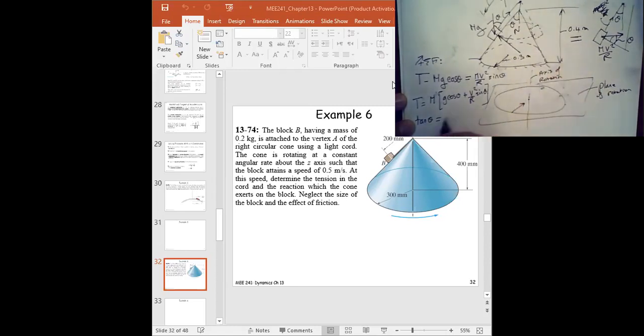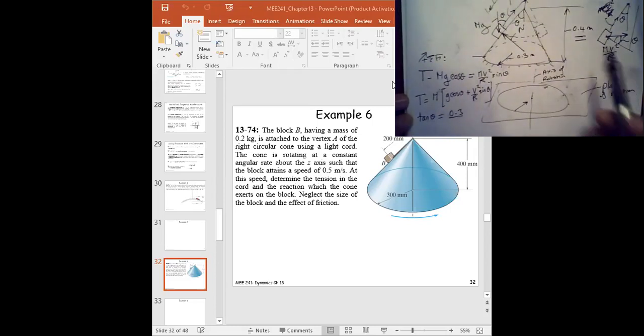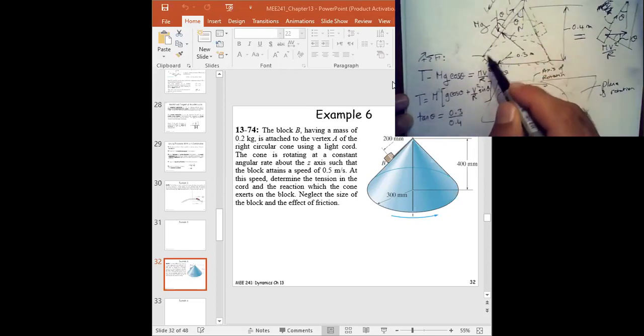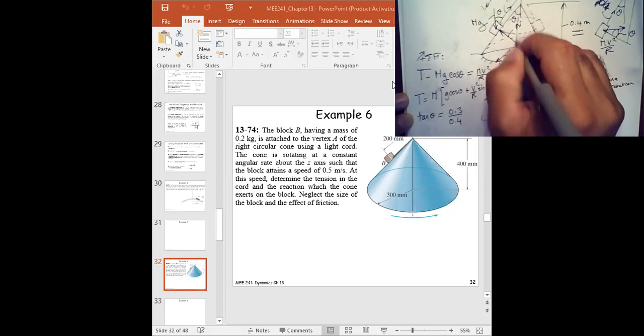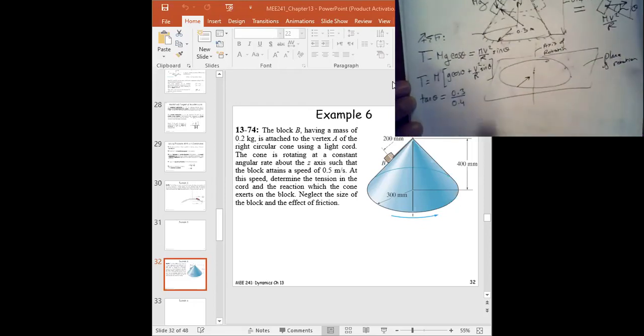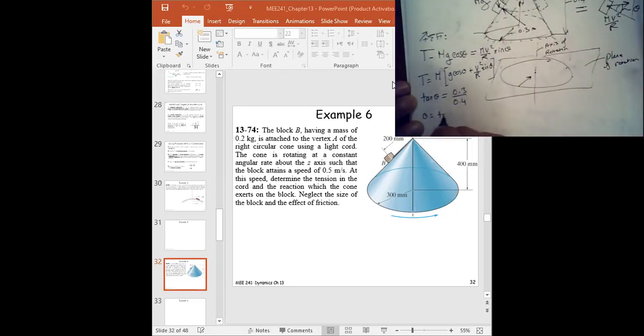So 0.3 over what? 0.4, exactly, not 0.2. 0.2 is only half of it, so this is all the way through. This triangle is like this. So tangent theta is opposite 0.3 over adjacent, which is all 0.4. So theta is going to be